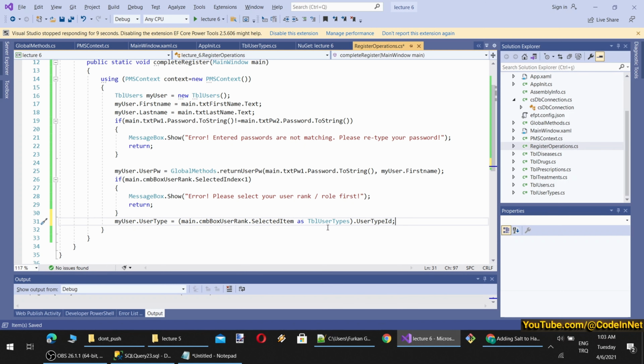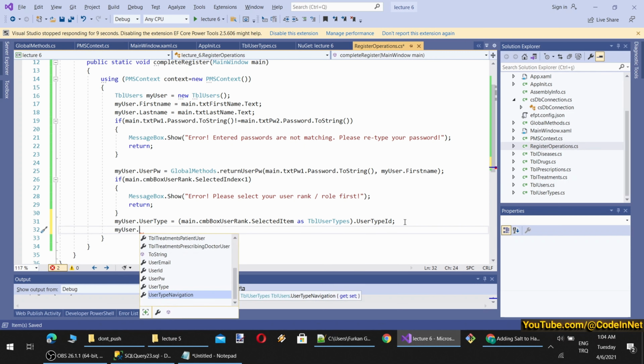Yes, so you see when you bind a class or a list of items to a combo box or another control, then you can keep all of the features of that class. So now with this approach I can get the user type value of the selected user type. And what other values do we have? Okay, we have type navigation. Okay, we won't use this. I don't know why it has generated that.